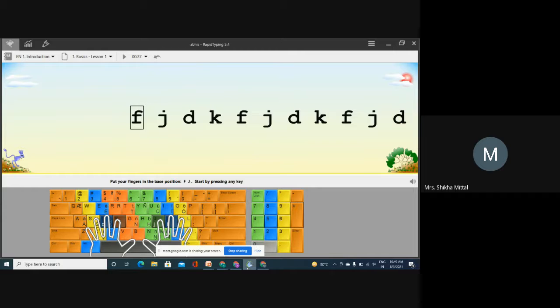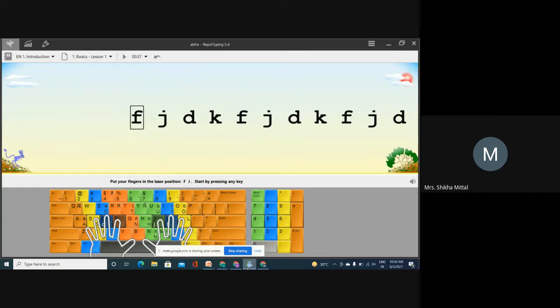There are many methods to learn, but you should be experienced in touch typing, so that you are able to type easily. So how can you learn typing? There are many software to learn typing. Among those, rapid typing software is one. We will use rapid typing software here. Through that, we will learn how to type.